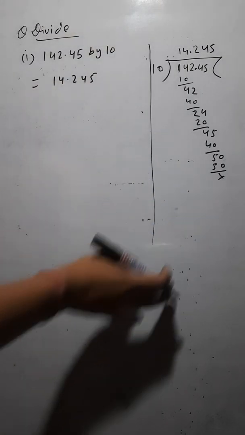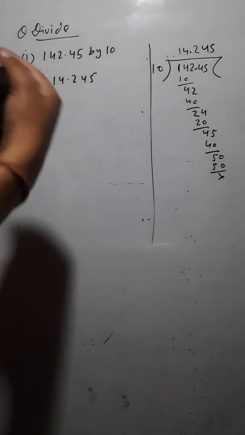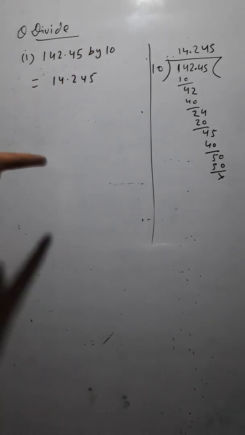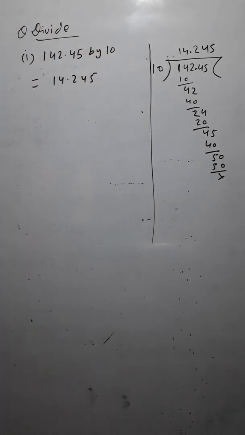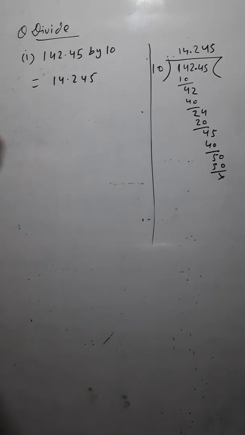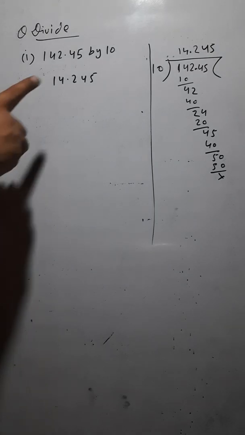You must be knowing this, how to solve this. Okay. Just try to solve this first. Now let me tell you, if you want to do it in a straight way, this second method you would be applying only if you are dividing by 10. Remember this. Dividing by 10, dividing by 100, dividing by 1000. Only in these would you apply the second method. The first method you can apply anywhere. Okay. Are you getting this?